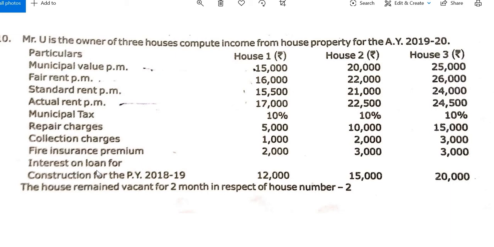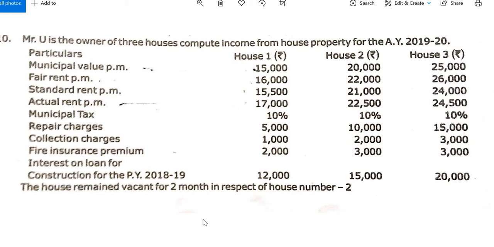And bank loan, remember this, you can take the interest for a bank loan if the loan is taken for the construction of the house or for the repair of the house. If a loan is taken for any other purpose like a marriage, or to purchase a car, in that case you should not consider interest on bank loan. You can consider only if the loan is taken for the house construction or house repair, because we are calculating income from house property, correct? So you can consider only a loan taken for house construction or repairs.